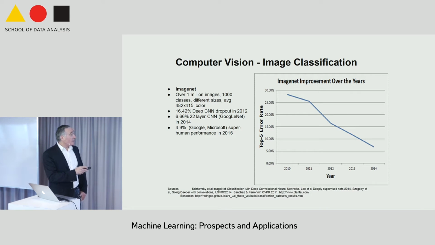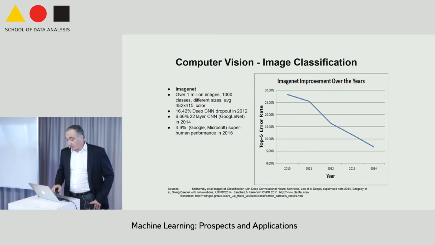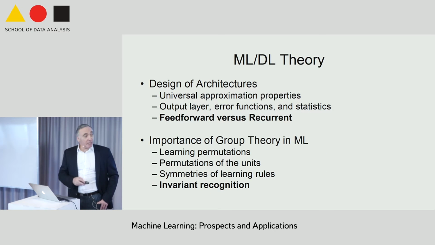Currently, I think the best, I don't know if this is the latest, but this is the latest I know of, is about 4.9 or so in error rate, which is believed to be superhuman, better than what humans can do. So what we're going to do, and you know everything about deep learning, is to apply this to the